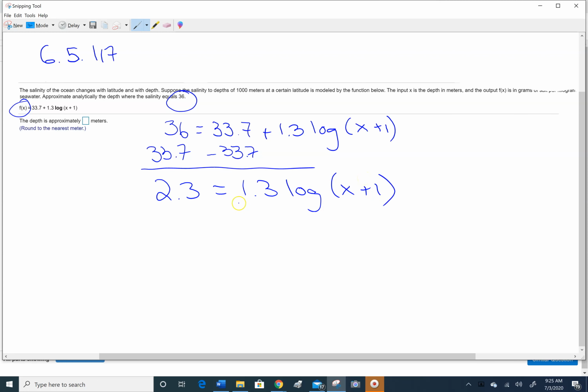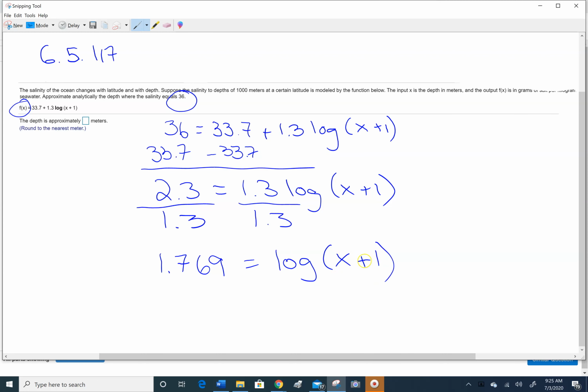Now, to get log by itself, divide by 1.3 and keep as many decimals as you can. So I'm just gonna write down 1.769, but what I'm doing is I'm using the entire decimal number that I see in my calculator, equals log of x plus 1. So we have the log isolated, and to solve for x, we now need to change